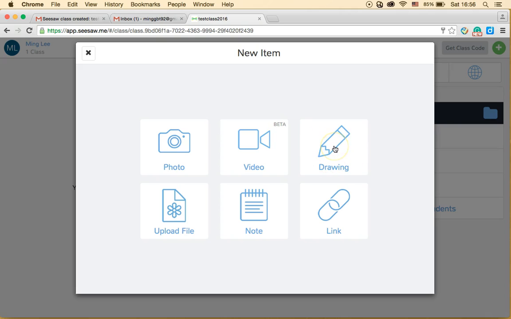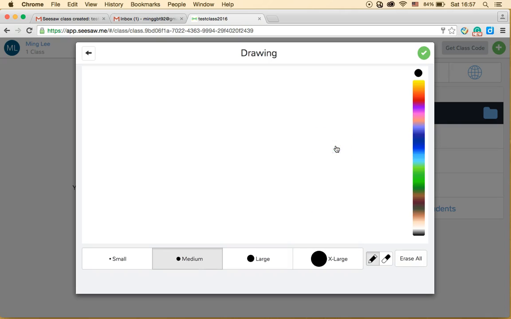Drawing is simply a drawing tool. Note can be applied to write sentences or keep diaries for your young kids. Upload file and the link can work with the products from other apps. Okay, now let's try to submit a new item, such as I'm going to add a drawing. And I'll use this like